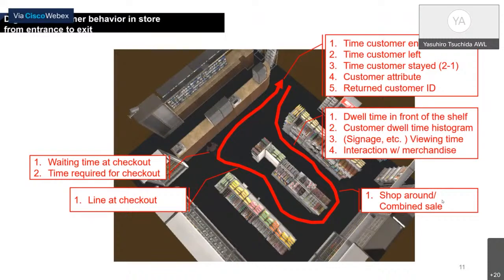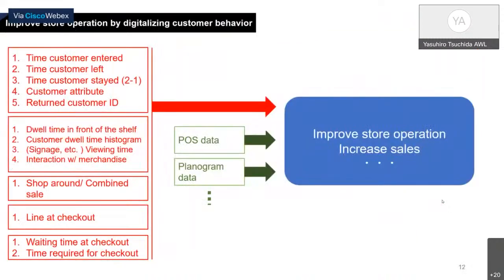We can also get the dwell time in front of the shelf, what behavior the visitor takes in front of the shelf, what product the person is taking, and how long the person waits in the checkout line, the checkout time, and so on. All of this data is combined as one tracked person, and this tracking data is very effective for analyzing the actual shop situation, and not just this information.